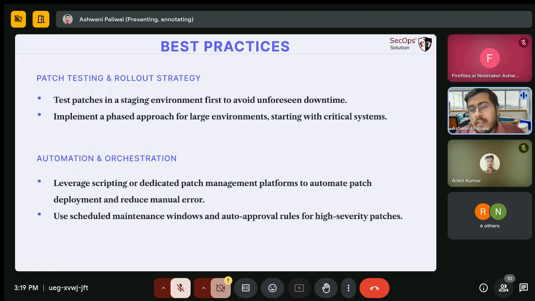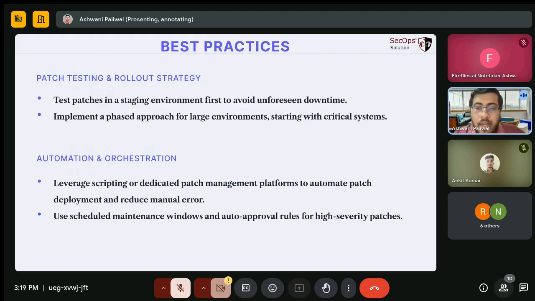One thing that we see very often that most organizations miss is they go ahead and directly deploy patches on their target devices. Now, this is where it causes issues, because here you are blindly putting faith in the vendor that whatever patch they have released is perfect and need not be tested in your environment. And that is where we see major outages happen. CrowdStrike, for example, is a